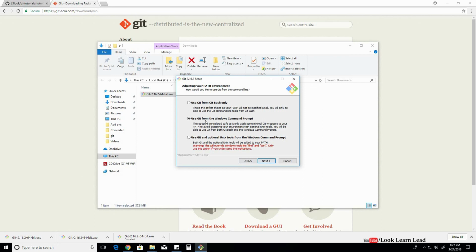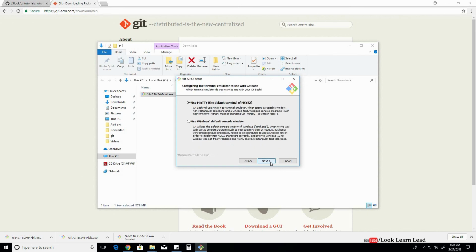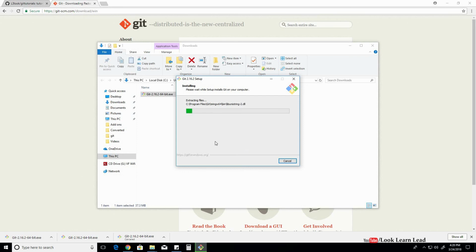Here it is use Git from Windows command prompt, or use Git and optional Unix tools from Windows command prompt. So you can use Unix tools also and Git also. I'll take this, or you can use the second or the third one also. Next, everything else you keep as default. So I'll just click next. It is default. It is also default, and it would install.